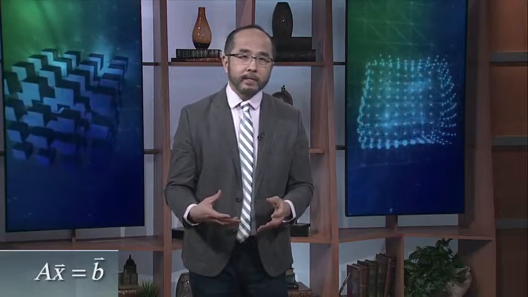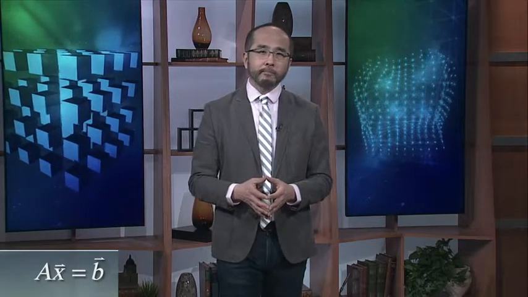If you think about it a moment, you'll realize you can undo multiplication by 5 by multiplying again by 1/5 on both sides. So then we get x equals 3 times 1/5, which is 3/5. That's the solution. We can try the same idea with matrix equations like Ax equals b. Can we multiply both sides of Ax equals b by the same matrix to get something of the form x